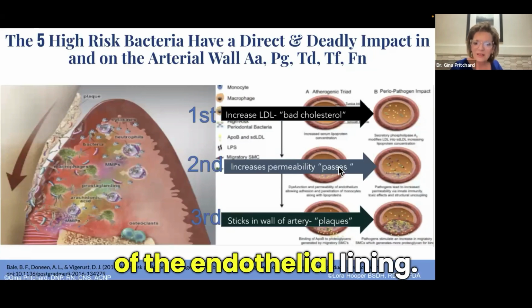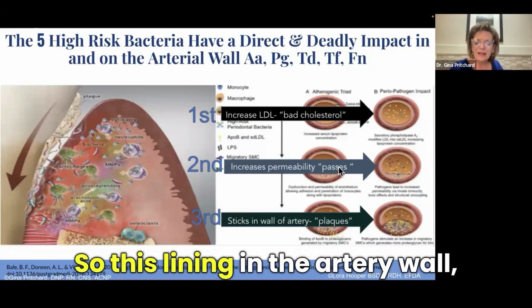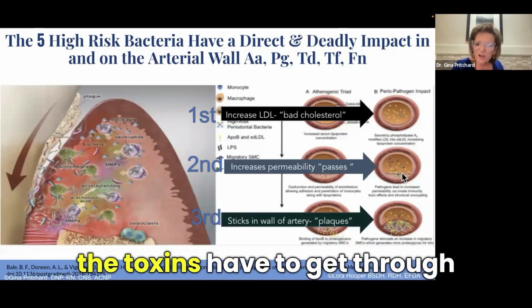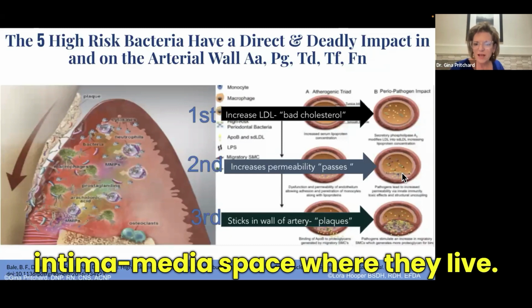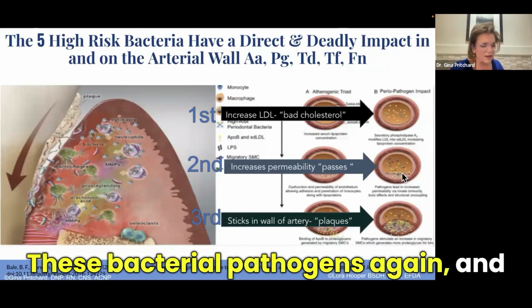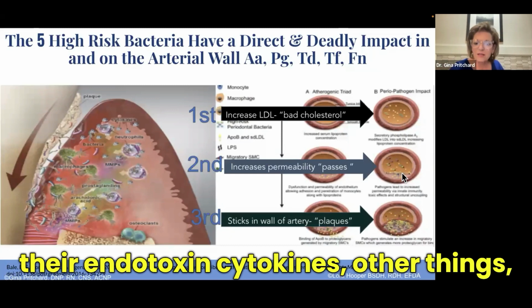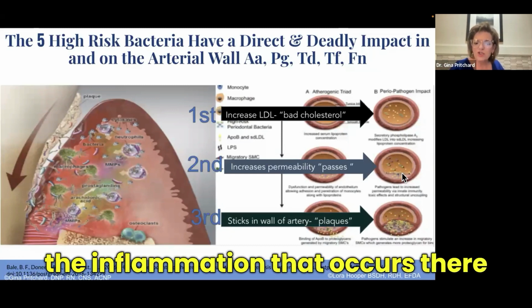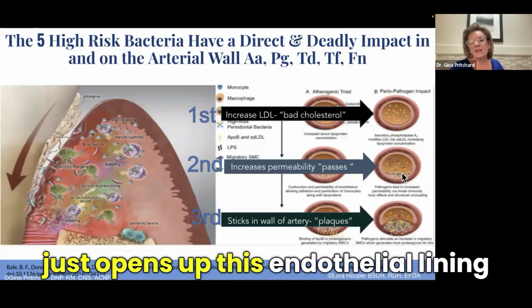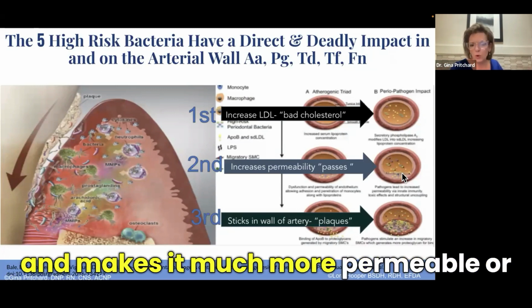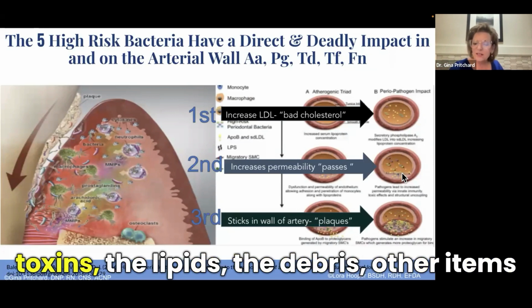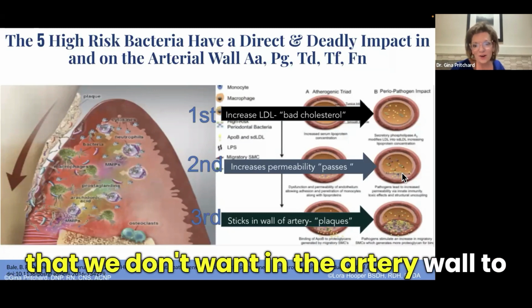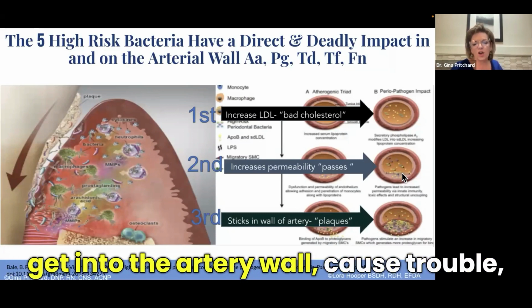And then secondly, remember Laura talking about permeability of the endothelial lining. So this lining in the artery wall, the toxins have to get through that lining to get into the intima-media space where they live. And guess what? These bacterial pathogens, again, and their endotoxins, cytokines, other things, the inflammation that occurs there just opens up this endothelial lining and makes it much more permeable, or leaky, as we call it, for the bacteria, the toxins, the lipids, the debris, other items that we don't want in the artery wall to get into the artery wall, cause trouble,